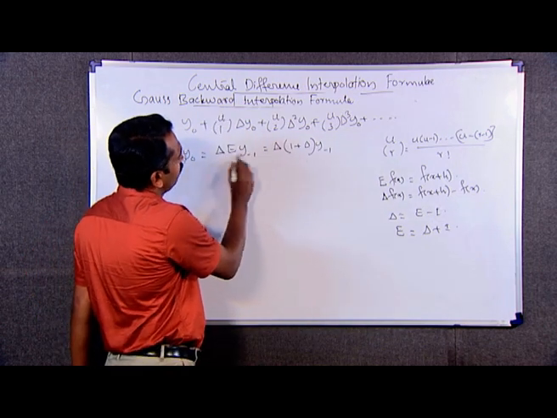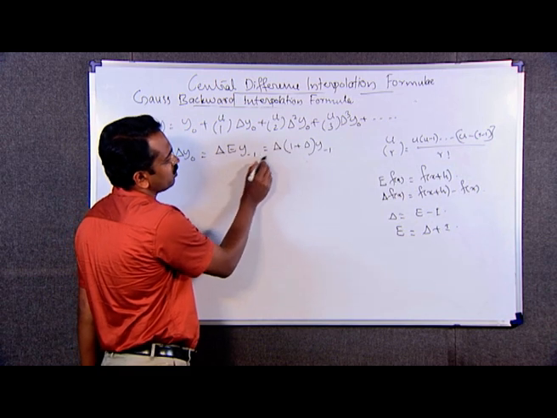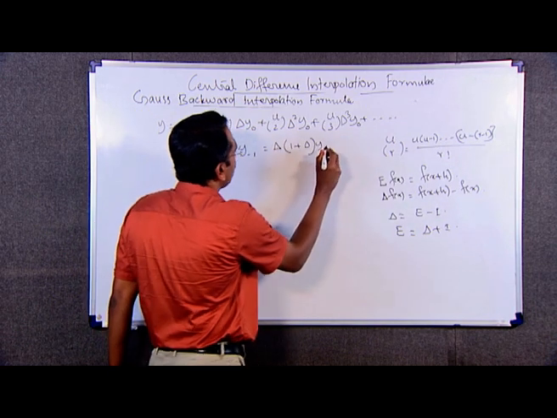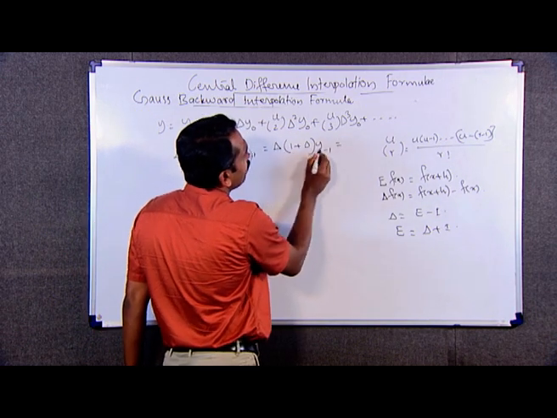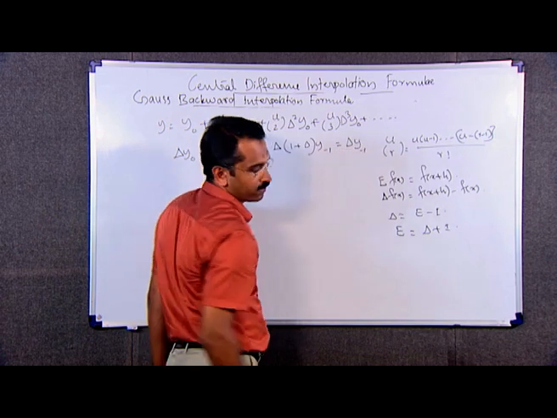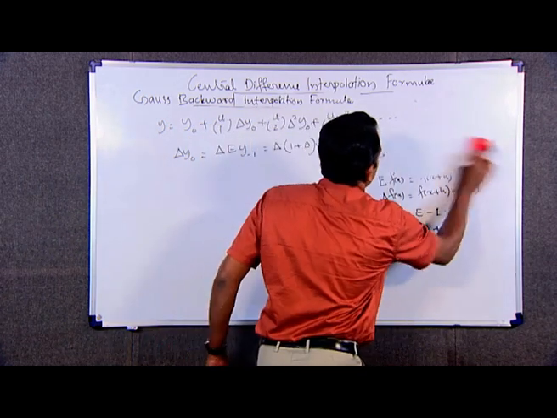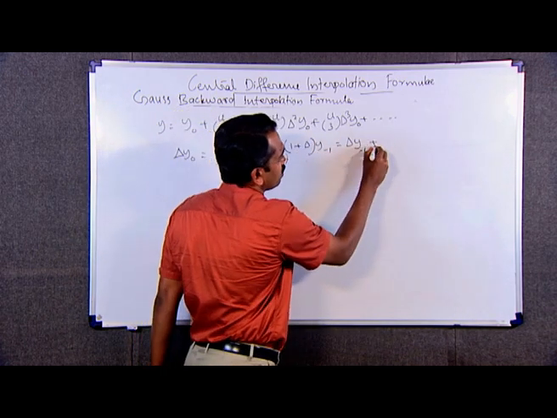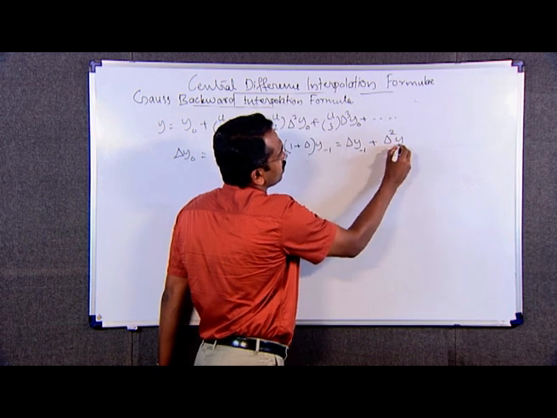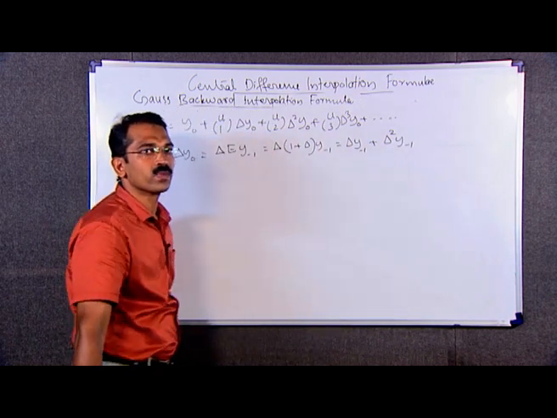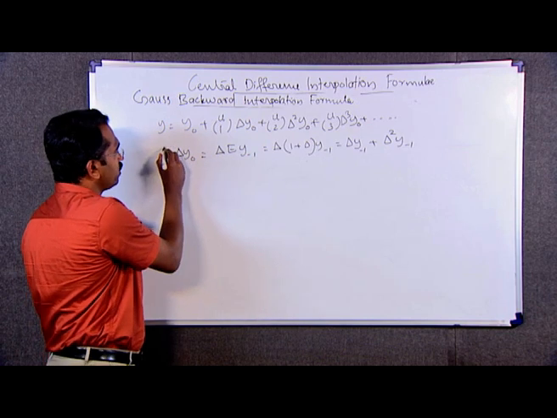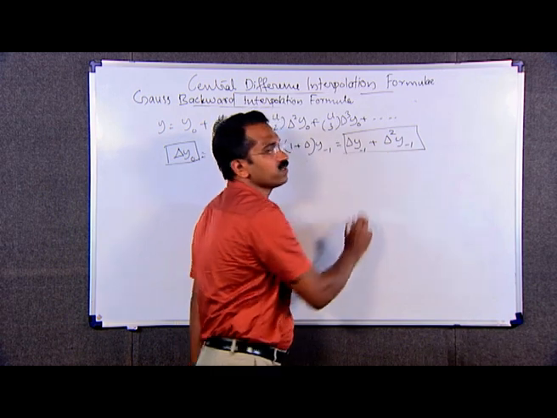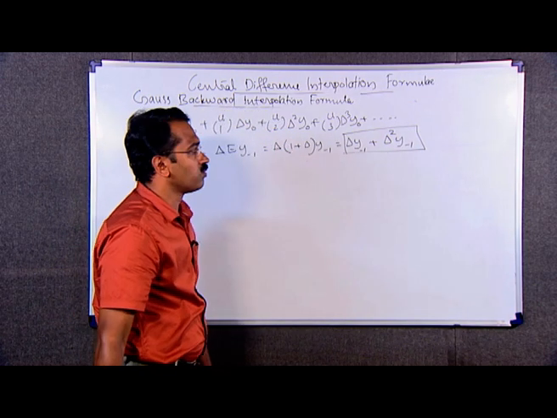Therefore, here we can write delta E y minus 1 as delta into 1 plus delta y minus 1, which is equal to delta y minus 1 plus delta of delta y minus 1 means delta square y minus 1. That is delta y naught is equal to delta y minus 1 plus delta square y minus 1,